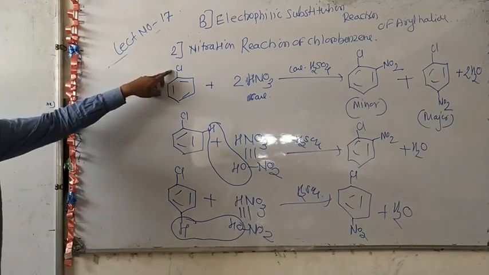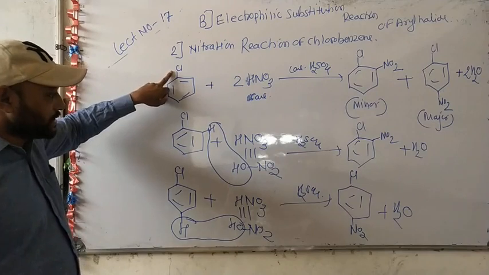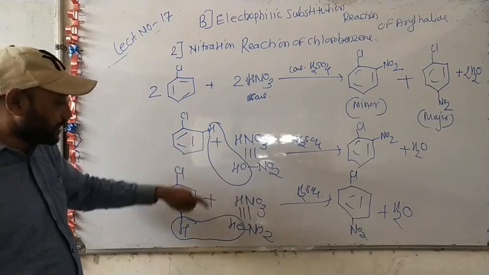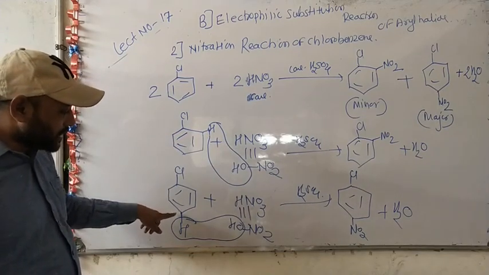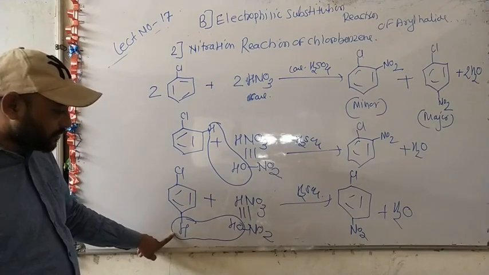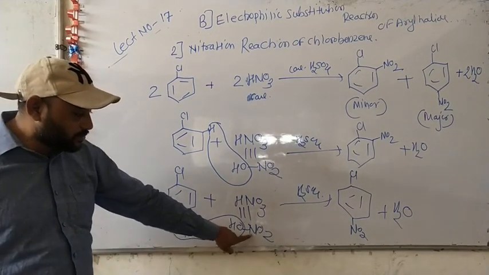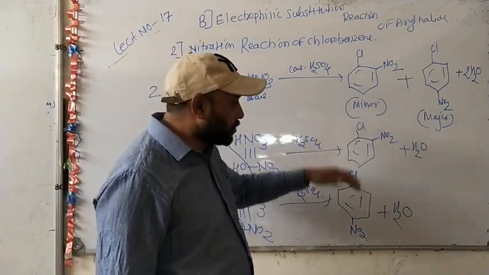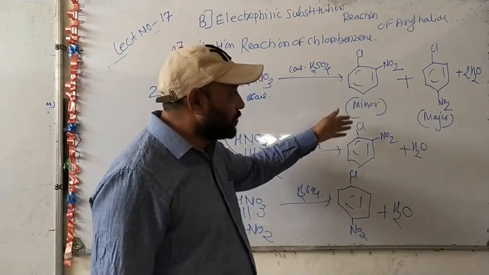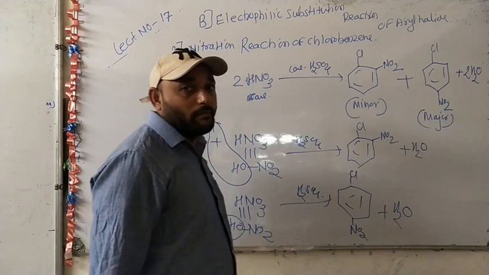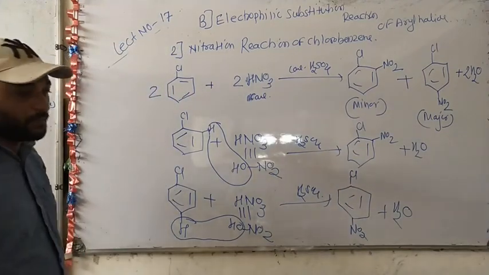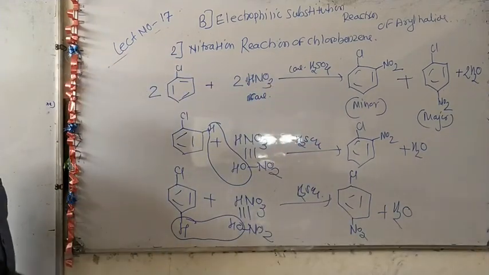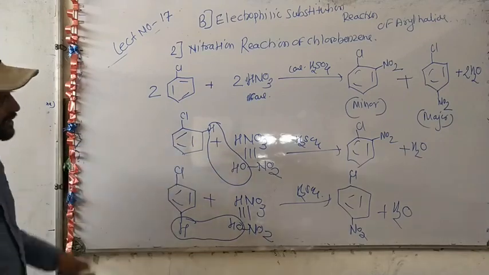Since chlorine is an ortho-para-directing group, nitration occurs at the ortho position by replacement of the ortho hydrogen, and the electrophilic substitution reaction in the second molecule occurs at the para position by replacement of the para hydrogen by the NO2 group, using HNO3. So we have two products, ortho nitrochlorobenzene and para nitrochlorobenzene, among which para nitrochlorobenzene is the major product. So why do we obtain two products? Because chlorine is an ortho and para director. So one should remember this reaction.